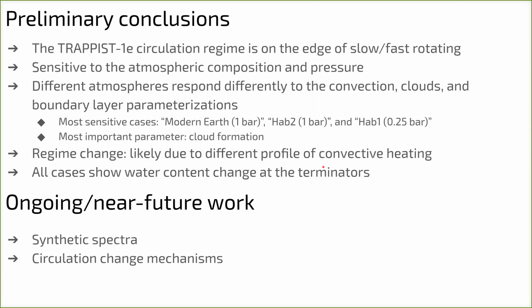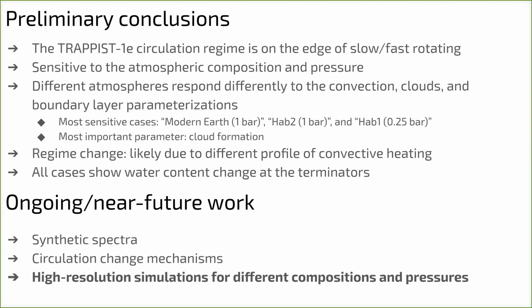And finally, I want to also investigate the circulation change mechanism in more detail. But what I'm doing now is running the high resolution simulations for different compositions and pressures that I've shown before. So in the next minute, I'm going to briefly show you what I've done so far,